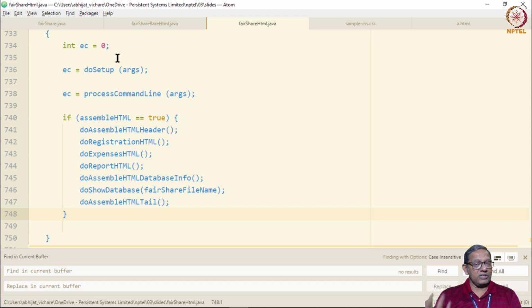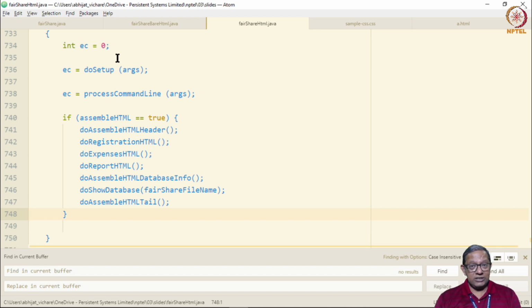Do setup, process command lines, and if we are to assemble HTML, then assemble the HTML header, do the registration, do the expenses, do the reporting, assemble the database information, display the database information, and end with assembling the tail of the HTML page. So it looks pretty ordinary. In fact, it is quite the same as producing bare HTML, and that's how it is.